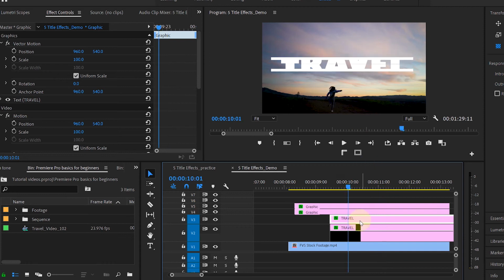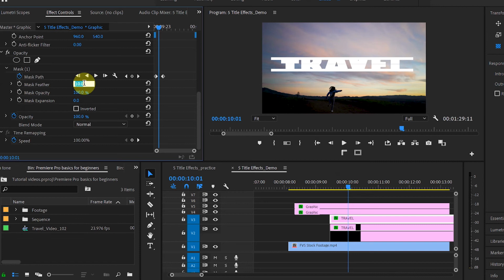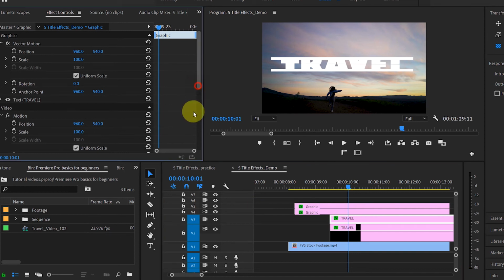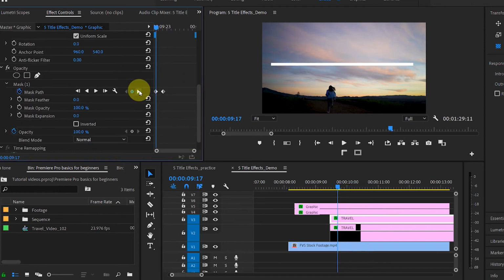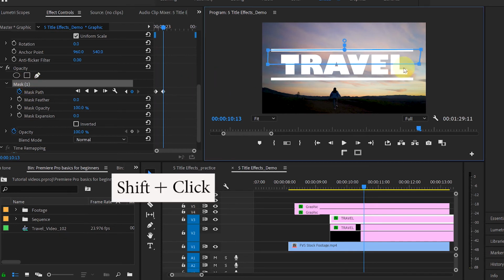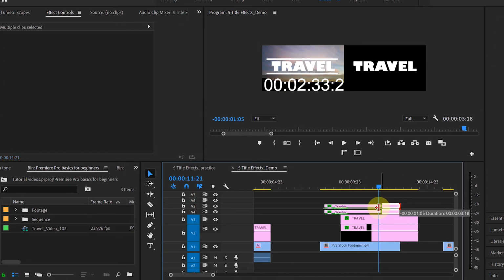Select second text layer. In Effect Controls panel, change the mask feather to 0. Also select the first text layer and change its mask feather to 0. Now we will adjust the mask of second text layer. Select the layer and then click on this arrow to go to the last keyframe. Then click on the mask. Select one point of the mask and hold Shift and select second point and then move that line down a little bit. Adjust all the layer sizes.